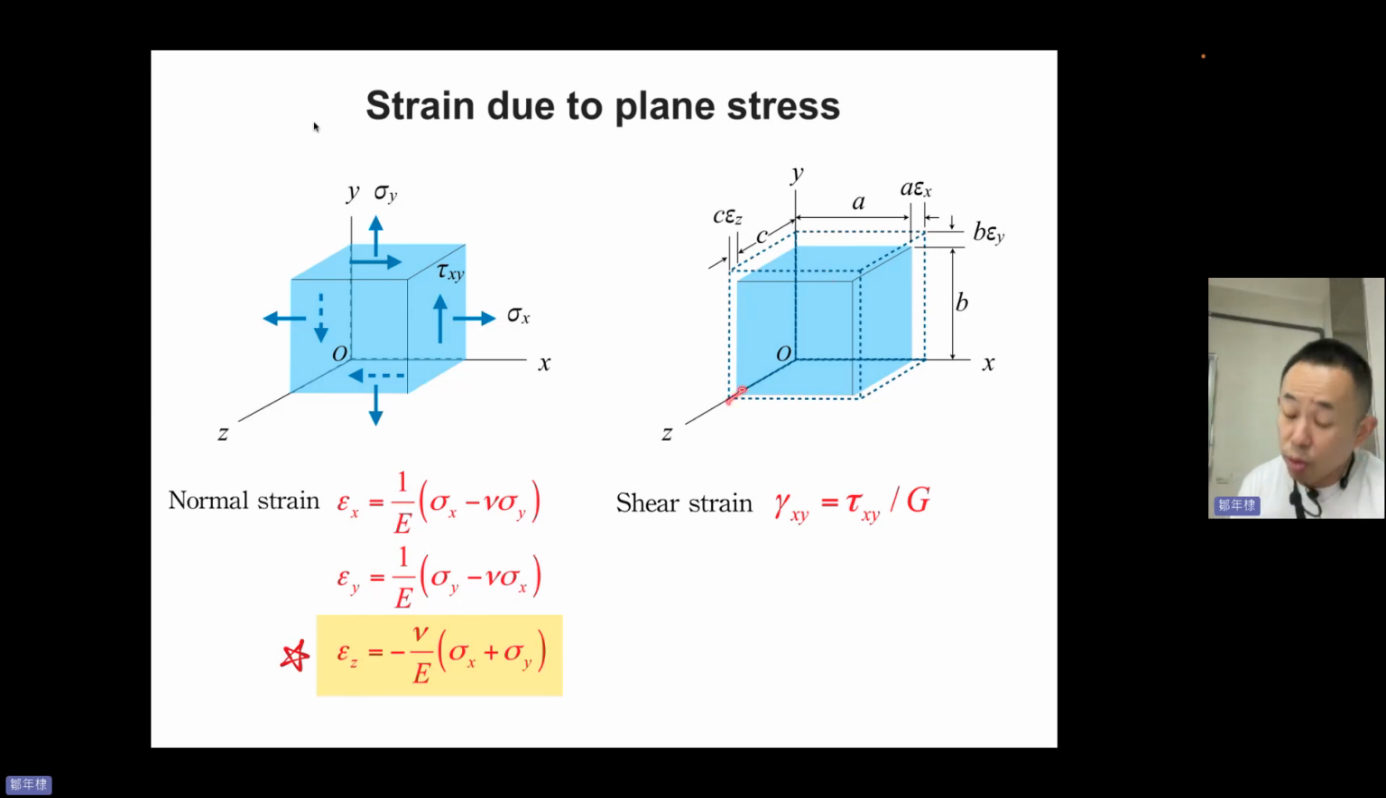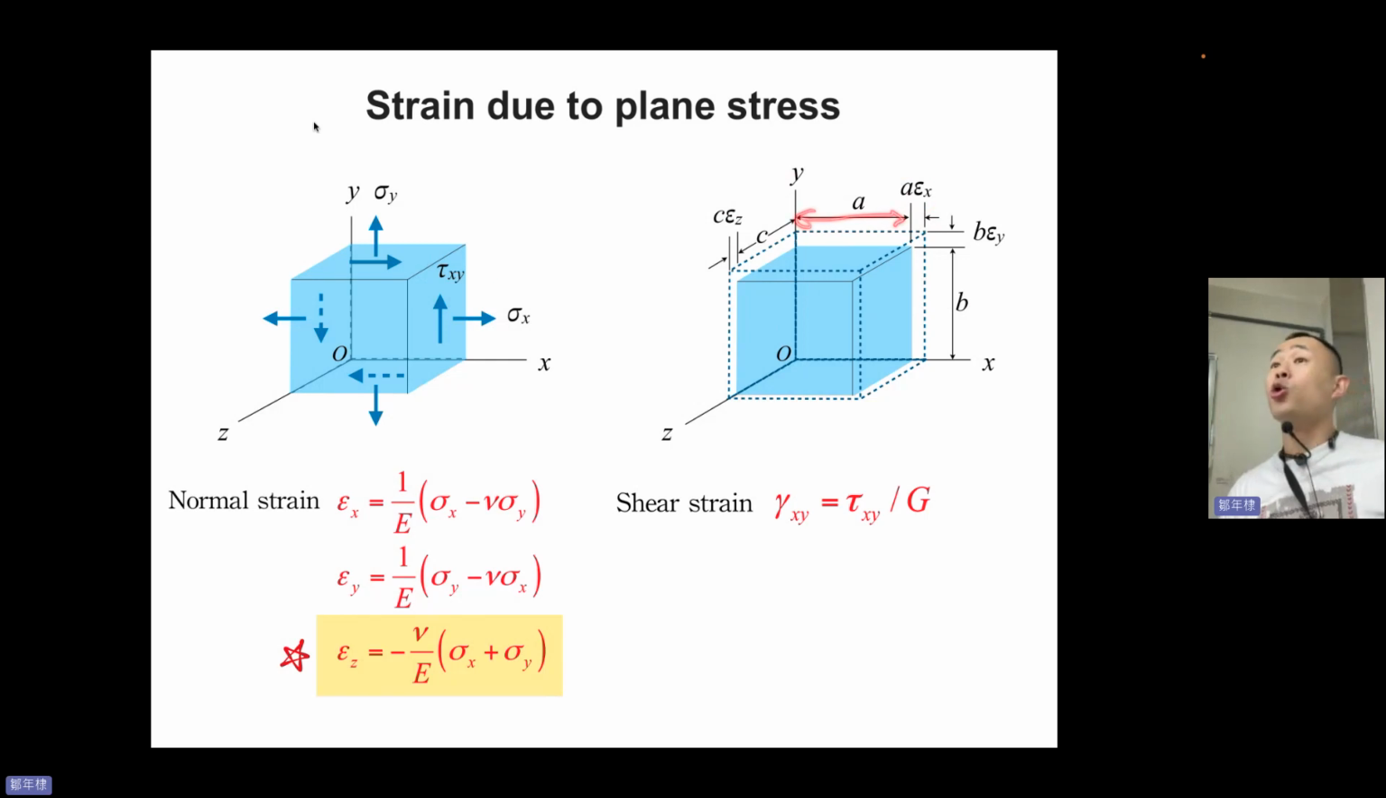Z may shrink or not, but you see there's a minus sign here. If I draw positive, it's okay. We just apply negative, it becomes shrink. So we see that the volume change for this blue element is, generally, epsilon x times